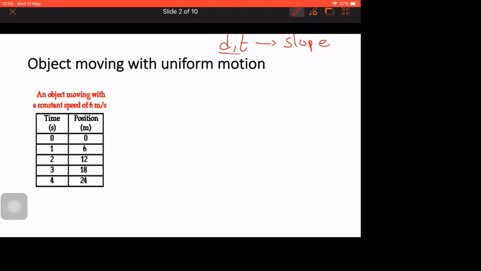Very, very important. So today what we are going to do is draw a graph for distance and time, and we will try to know what we can get from this graph. I'm drawing the distance time graph before you so that it will be easy for you to understand. First I'm going to draw the distance time graph for uniform motion.